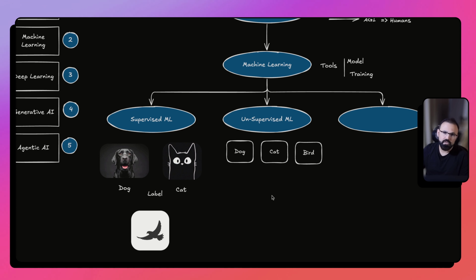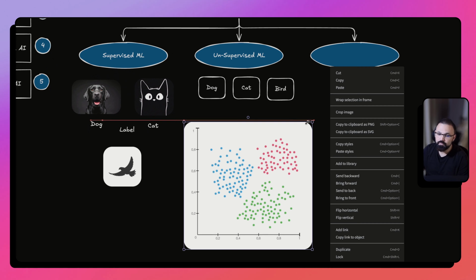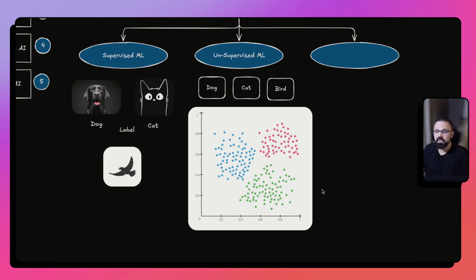Now, at the end of this training, it will identify that there is a pattern, right? So in this case, it would say that I see 3 different clusters of data. Right? So in this case, you can then identify that, okay, I think there would be 3 types of animal images that we are seeing here, right? There would be some outliers, and you can identify those as well.